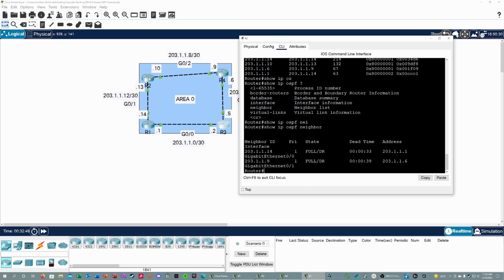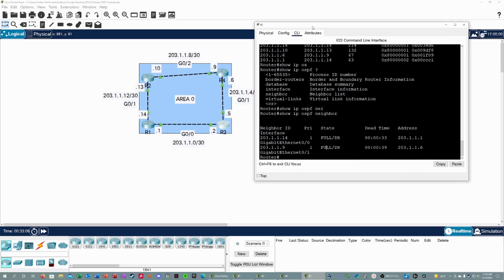Okay. This is not a neighbor because it's not the next hop over. So right here we have full DR and full DR. So we know that they're communicating based off the full, but what does DR stand for? It stands for designated router, okay? Within OSPF, there's an election. So if you have a bunch of routers, you have what's called a designated router and a BDR, which is a backup designated router. And what these routers do is they receive what's called LSAs, link state advertisements from the